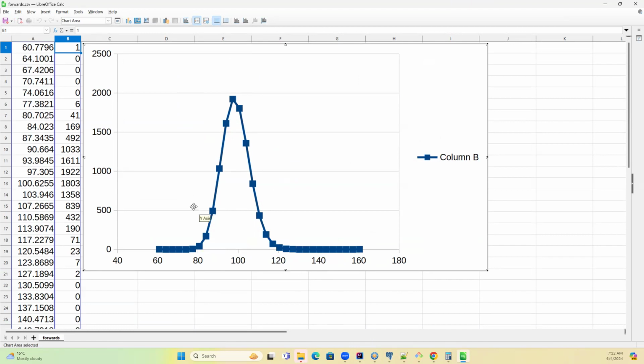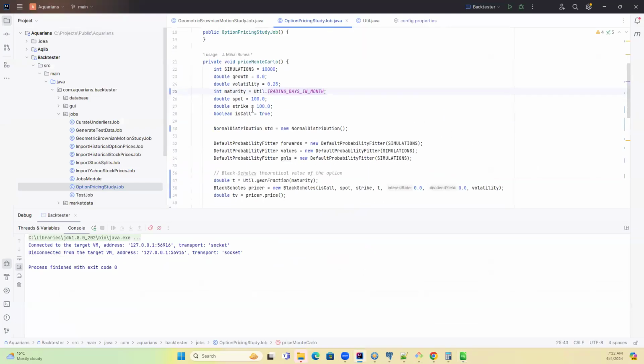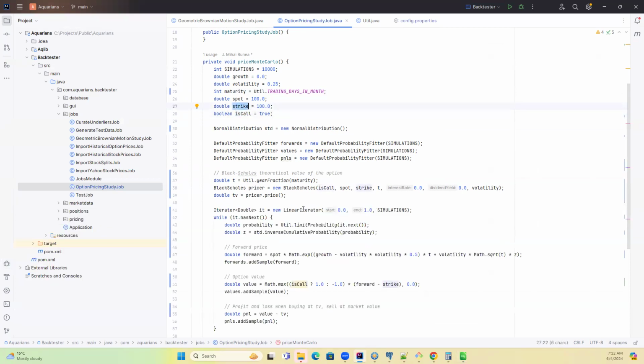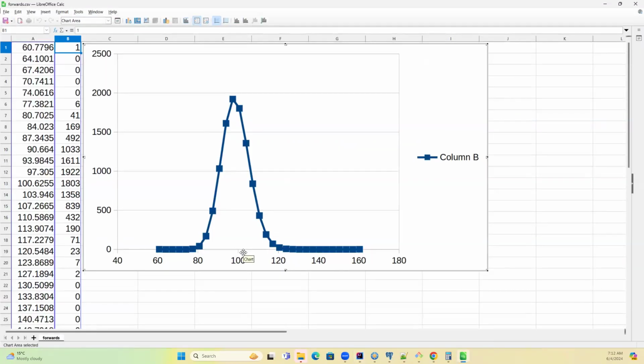So essentially, for each of these prices, we have an option contract, which we can choose. We're choosing it to be a call option. The strike price, which we choose to be 100, and a call option will be worth as much as the stock is exceeding